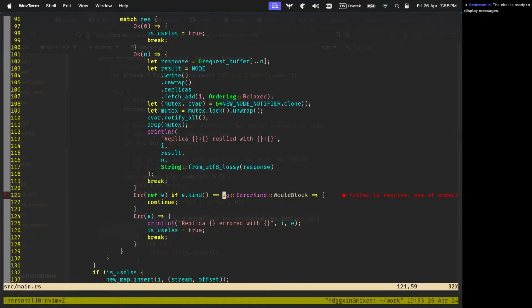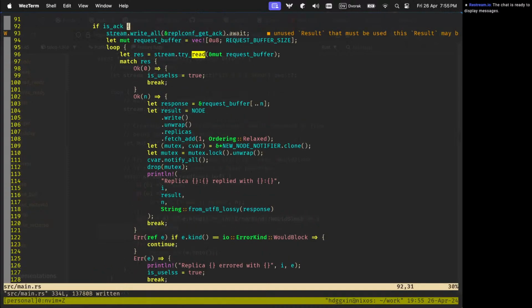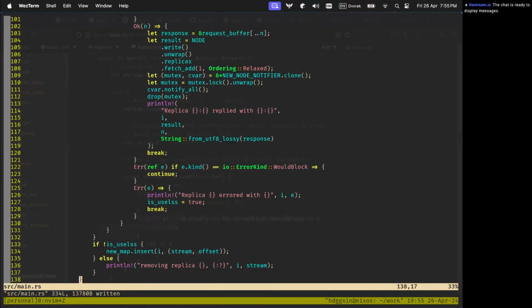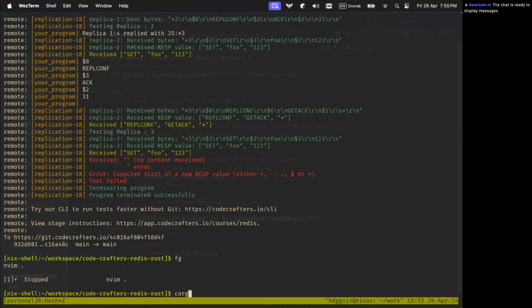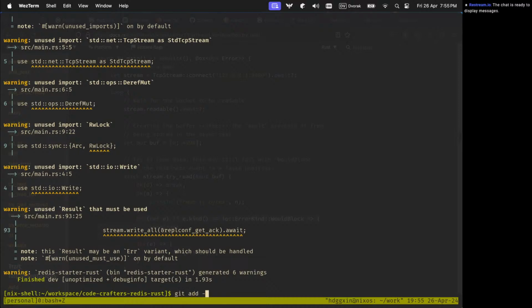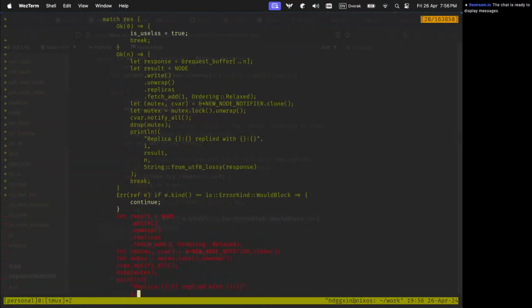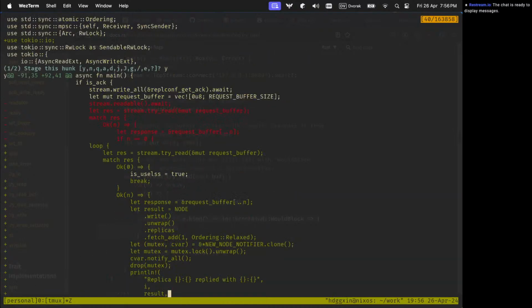It should be tokio::io. So if it is this thing, then I'll try to read again and again until I have something. If it is 0, then great. If it is n, then good. Otherwise, we'll keep doing this. Let's try to do cargo build this thing. This is just an indentation change.